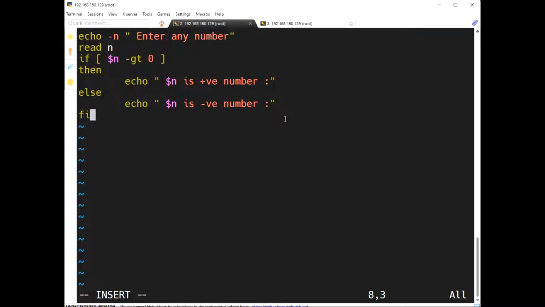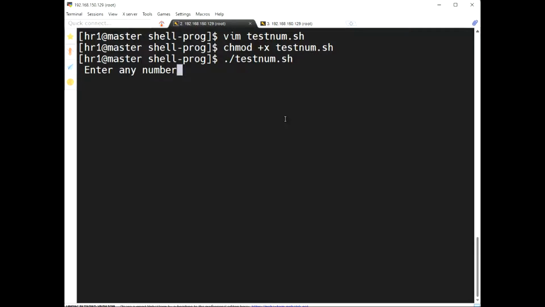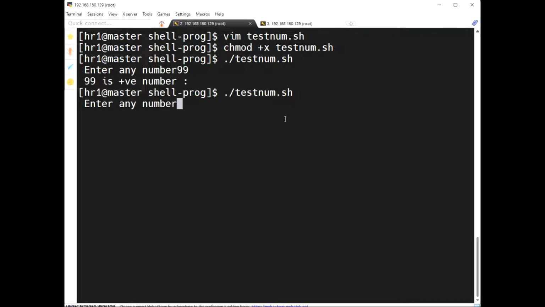After fi means closing this condition, right? Now chmod +x test num. Enter any number, 99, it's a positive, -2, it's a negative. Okay,